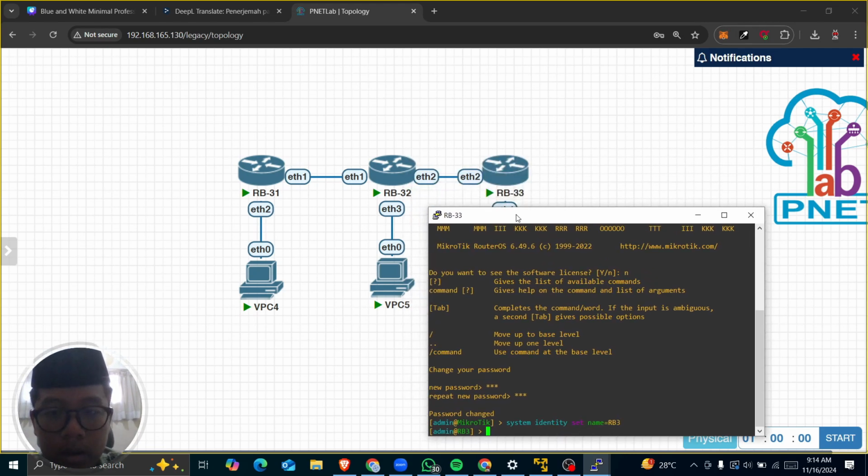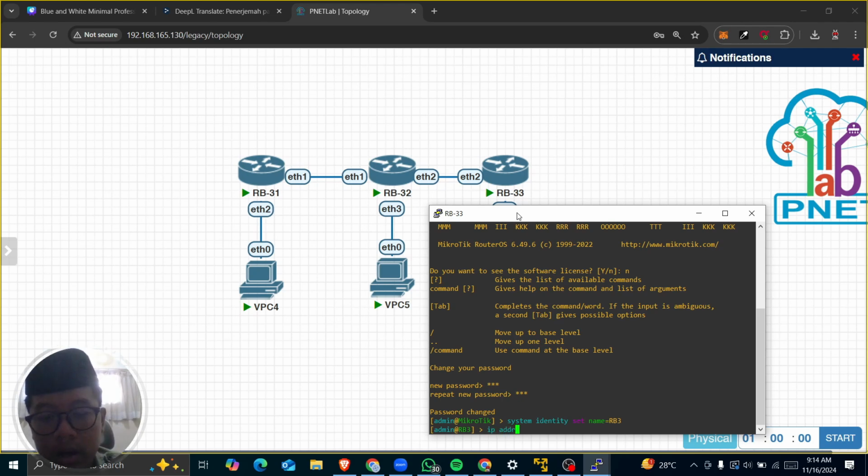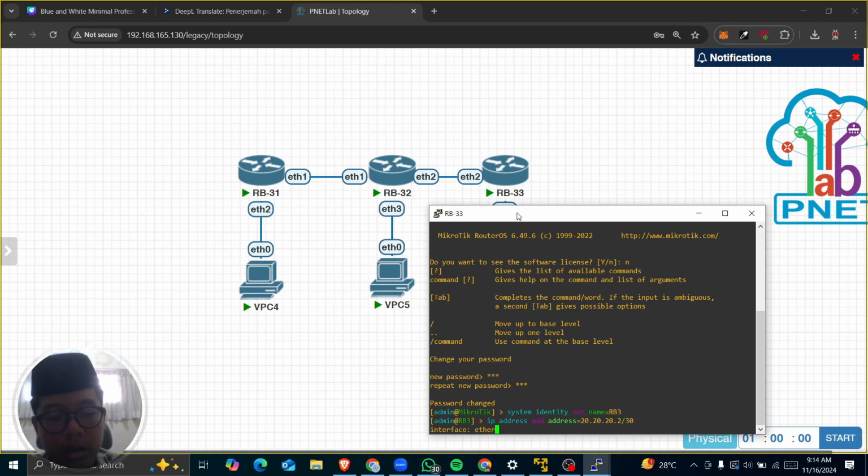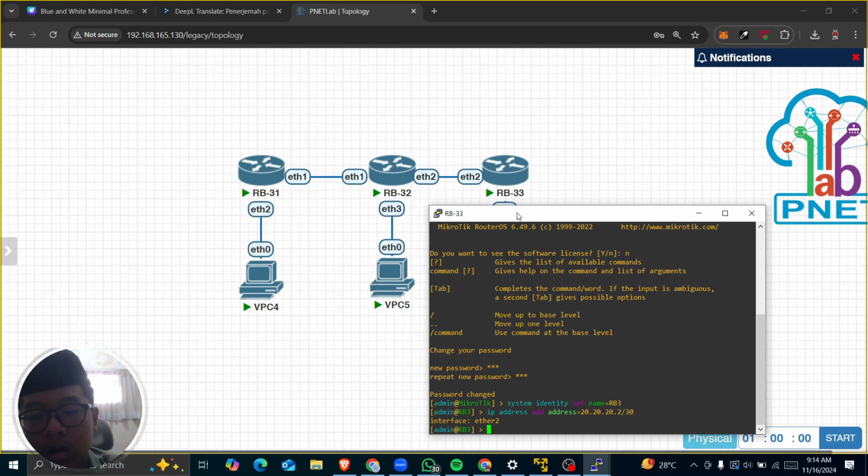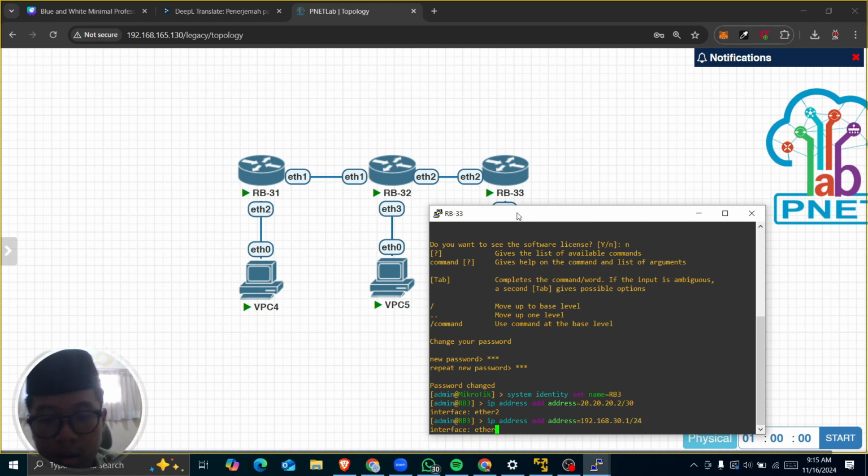Add the IP address, add address equal to 20.20.20.2/30 on interface ether2, and the IP address for the computer on ether1.